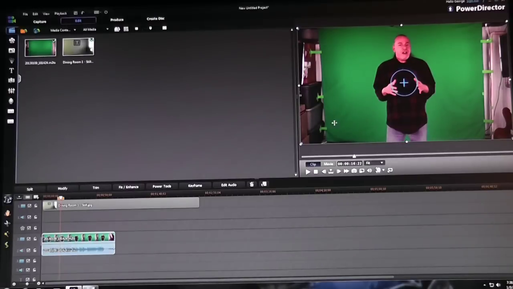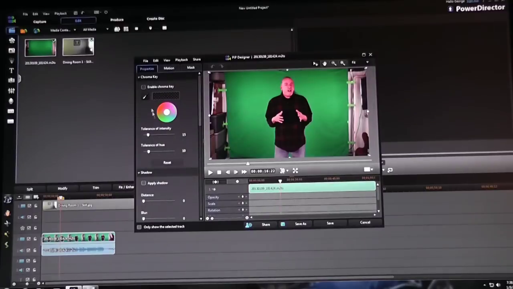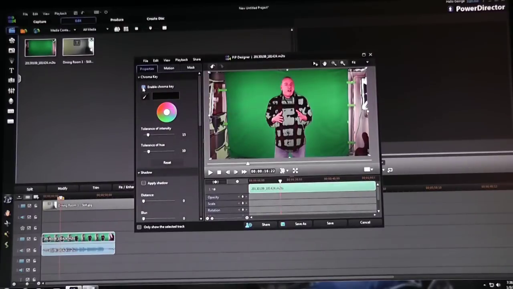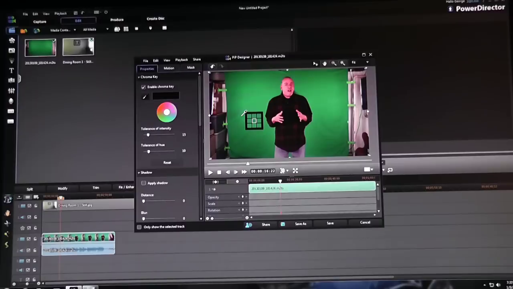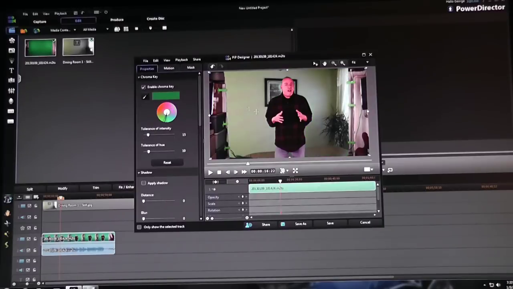Now what I need to do is key out the green background. To do that I simply go into the pip properties of the clip, enable chroma key, and now I have to choose a color that I want to key out. I'm just going to choose one of the green elements in here, and you can see it keyed out all of the green, but there's still a little bleed through right here. To get rid of that we simply increase the tolerance and the hue just a tad,